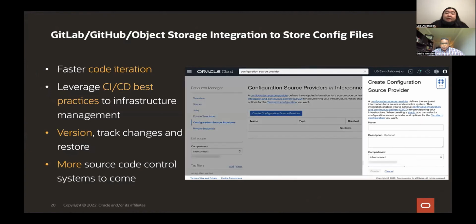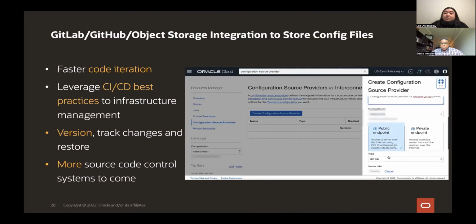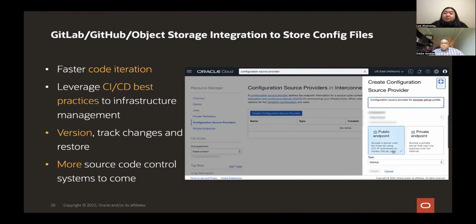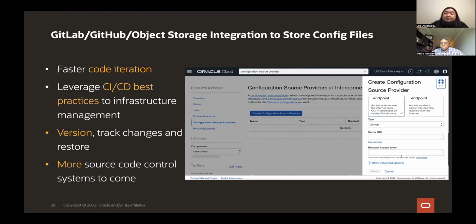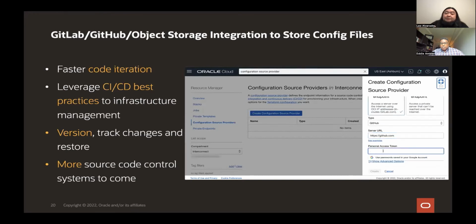I click on create configuration source provider, and since this will be the GitHub source provider, I just need to give a description, like this is for my repo profile coming from GitHub. You need to choose the compartment where you would like to create this, and since we're using GitHub, I'll be choosing the public endpoint, and I just need to provide the server URL for GitHub